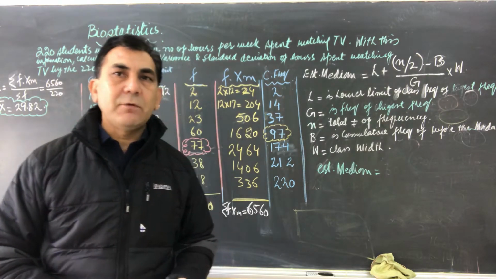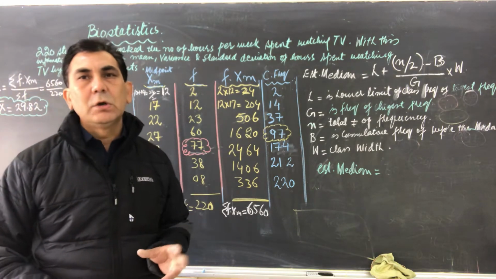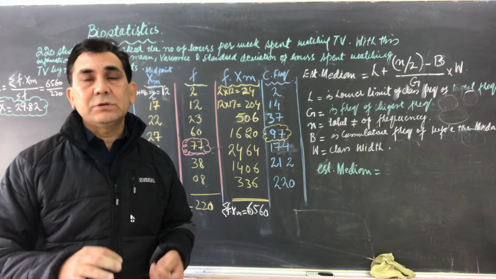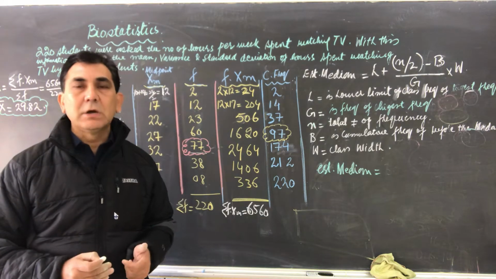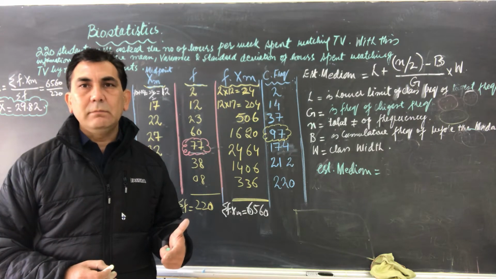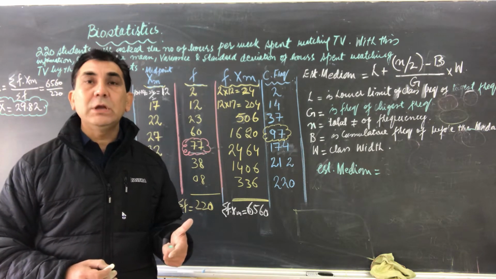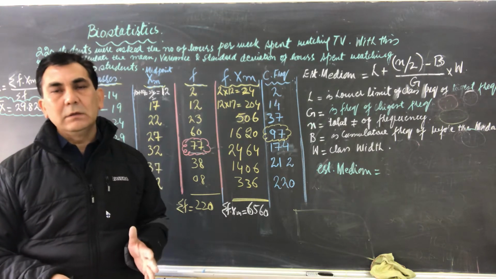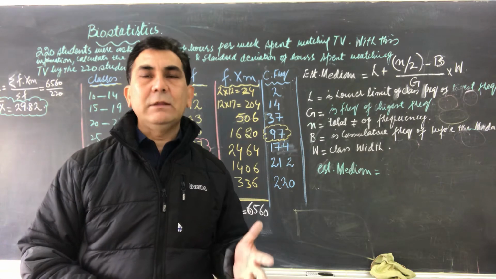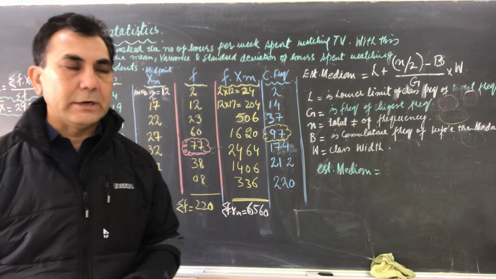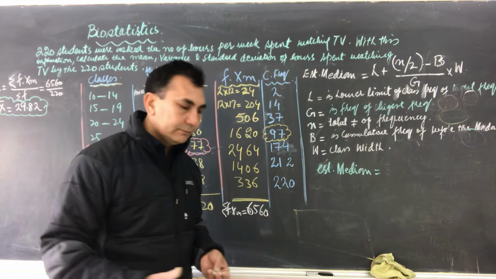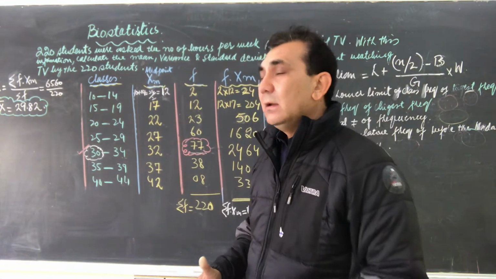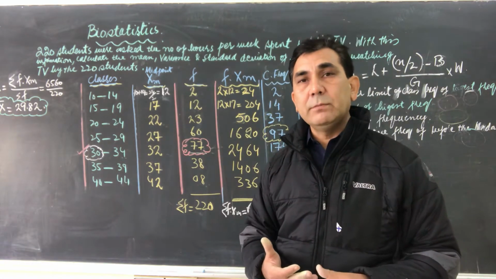Today is lecture number 5. In lecture number 5 we will cover part B. In today's lecture session we will learn how to measure and calculate the median and the mode of the grouped data. In yesterday's lecture we learned about the mean, the standard deviation and the variance of the grouped data. As you know, I explained and demonstrated how to calculate the mean, mode, median,